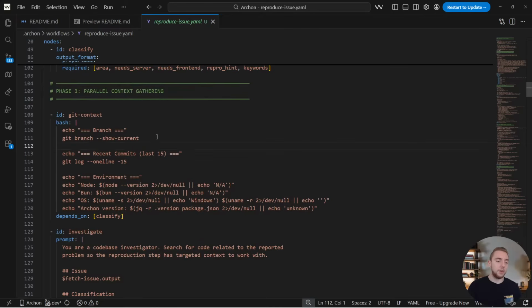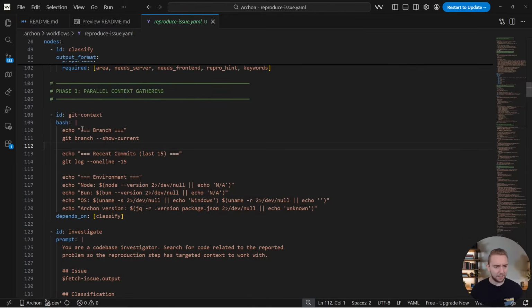So I'm just kind of reviewing this live, like sort of explaining it to you on the fly while I'm looking at this to make sure that this workflow looks like the process that I want. Like I described, here's my manual process usually for reproducing something. Now I just want to package it up so Archon can do it for me.